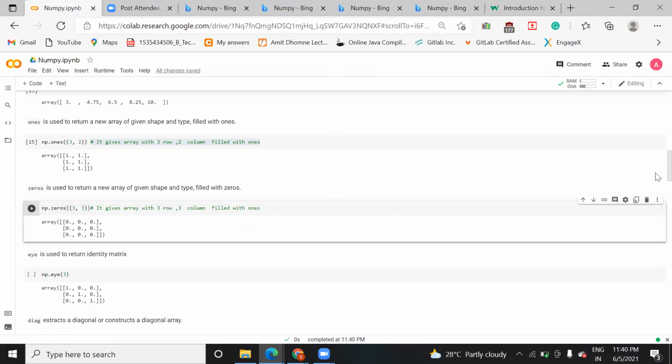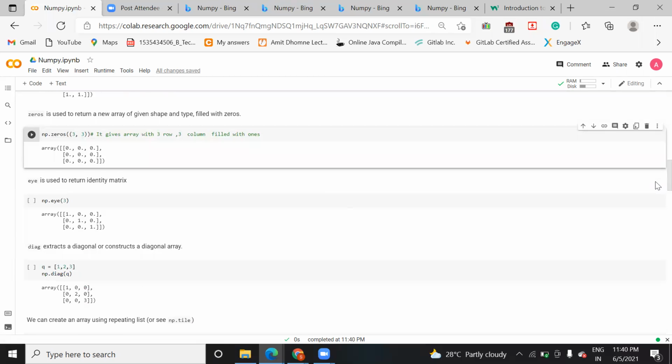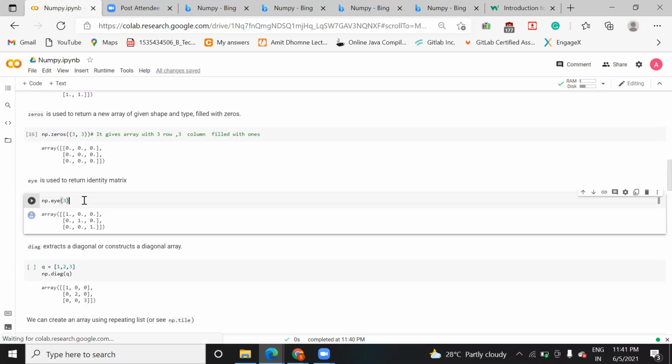One more function we use is eye, that is used to print an identity matrix, an identity array, in the sense that the diagonal elements will be 1.